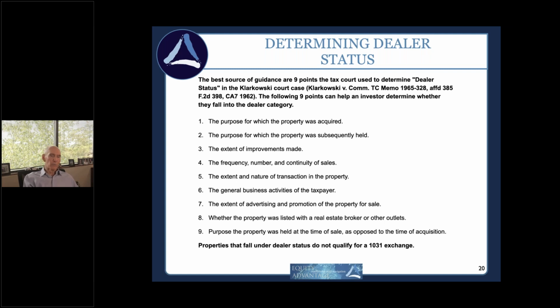So, one, what was the purpose of the acquisition? Two, the purpose for which the property is held. Three, the extent of improvements made. Four, frequency, number, continuity of sales. Five, extent, nature of transaction of the property. Six, general business activities of the taxpayer. Seven, the extent of advertising promotion of the property for sale, whether the property was listed with a real estate broker or other outlets. And nine, the purpose the property was held at the time of sale as opposed to